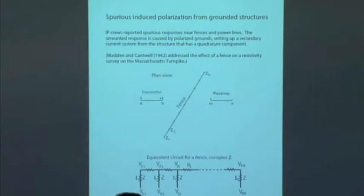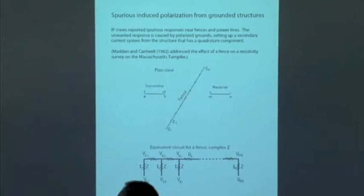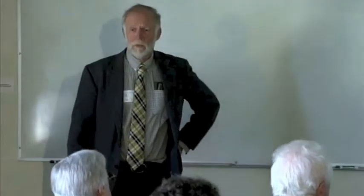We had noise problems of other kinds. One of them was, as we call them, grounded structures, which covered the class of things that are man-made and run for some distances and are earthed. And these included not just fences in the Southwest, of which there are plenty, but also power lines. And so we wondered, the crews noticed that they were getting spurious responses when they were setting out their lines. And these were lines with 1,000-foot dipoles, and these things went for several miles across the country. So this is a fairly big operation. Kennecott ran 2 to 3 crews at this time. So it was quite a big expense, tremendous investment in the field prospecting method